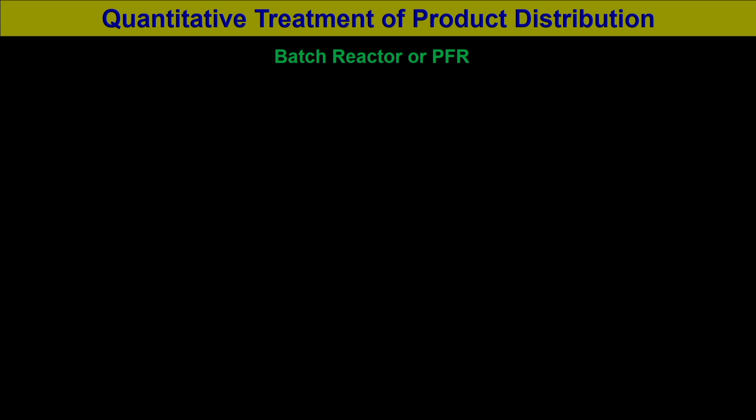Now, let us consider the earlier reactions, that is A plus B forming R with rate constant K1, and R plus B forming S with K2. Here we consider R as the desired product,